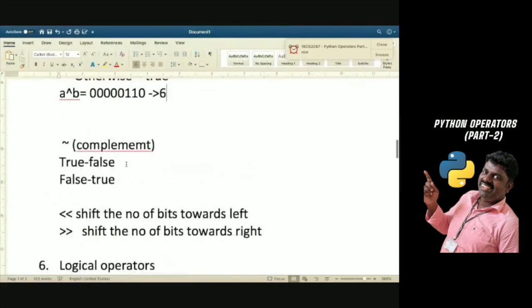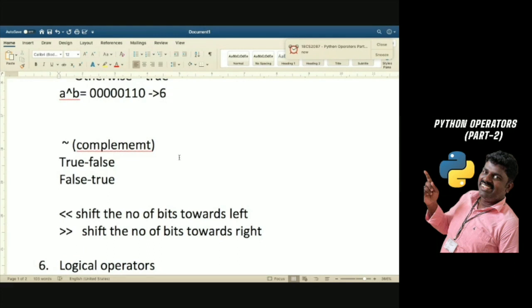Have you all got the answer? You should be very clear that if the question is given in decimal value, you have to convert into binary, and you have to check the condition for AND or XOR, and then you have to give the result also, whether it gives the result as true or a decimal value. Got my point? So please, you should know the conversion part also. That's why I am explaining it in detail.